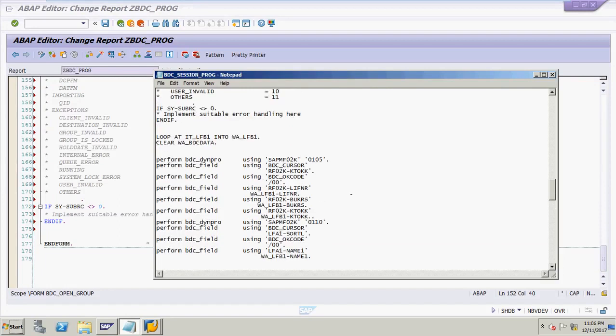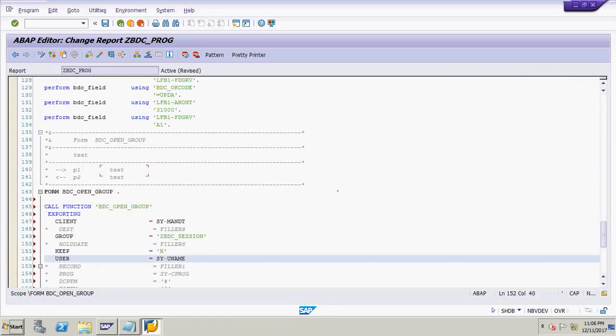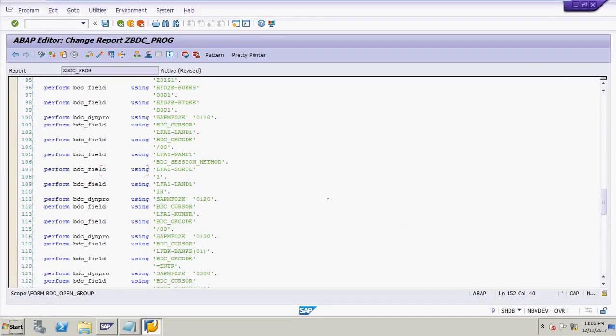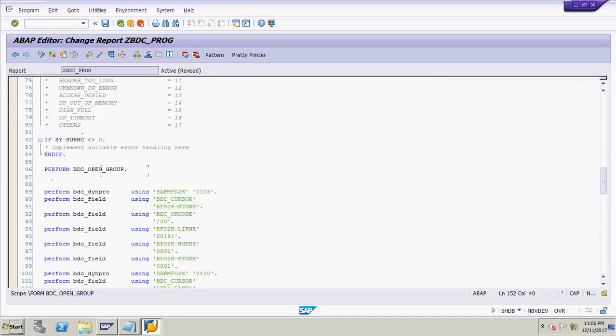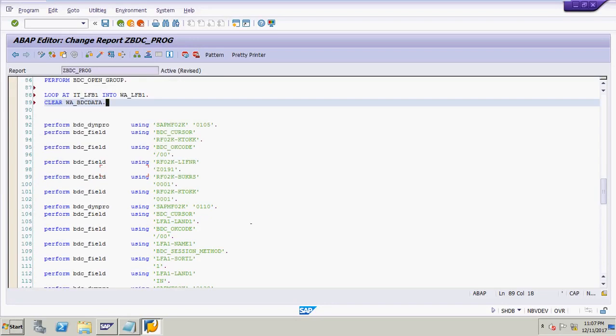After that, here you have to put LOOP AT the internal table IT_LFB1 INTO work area WA_LFB1 and CLEAR the work area of BDC data.